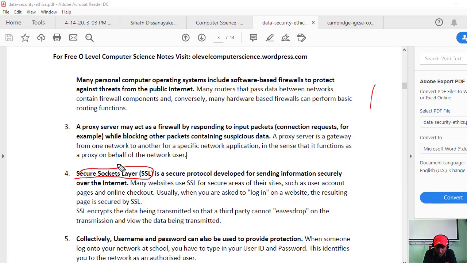Hmm. Yeah, what is basically happening? The SSL, what is basically happening? What is the concept behind that?